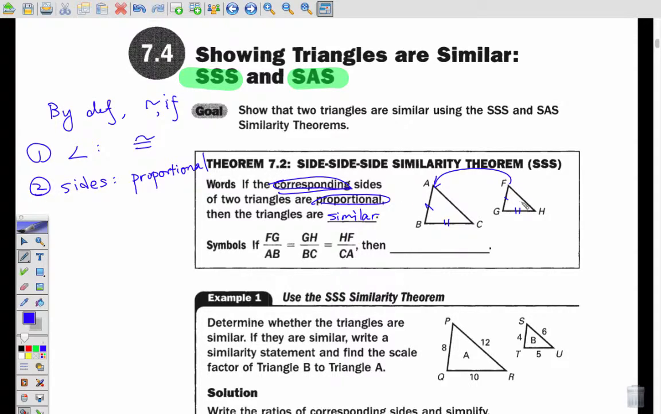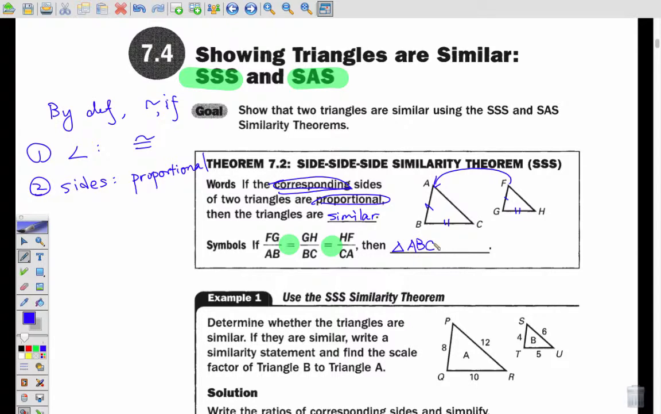Finally, HF, which is the longest side, and AC or CA, because they went HF, we have to go CA. So each of the letters H and C, right? Each of the letters is corresponding to each other so that the directions of the sides are the same. So if all of these ratios are equal, all three sides, then we say triangle